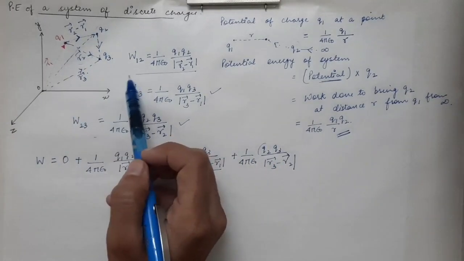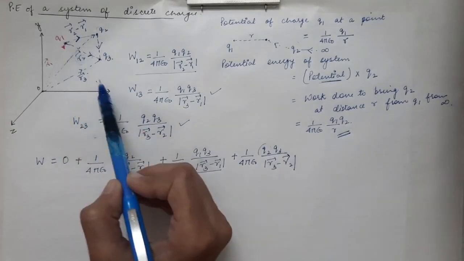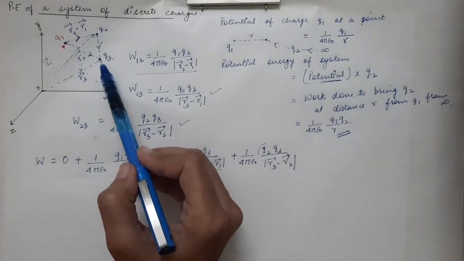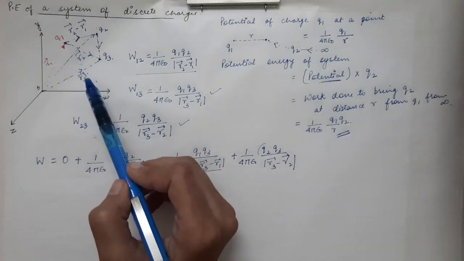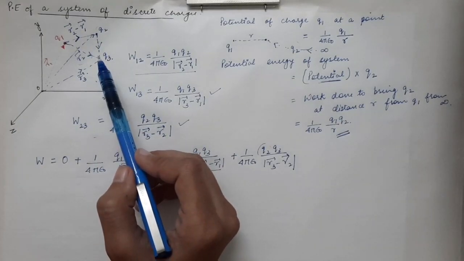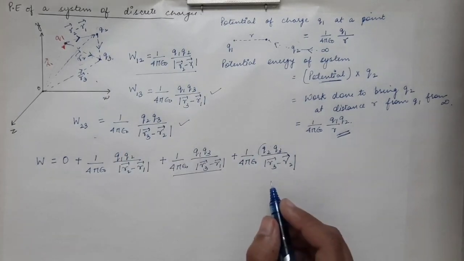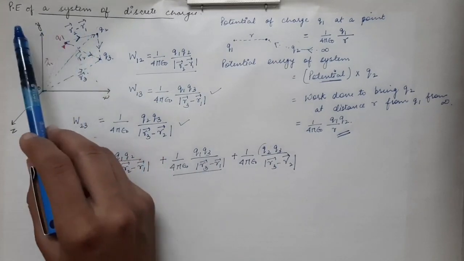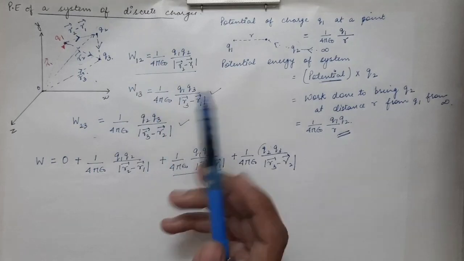Similarly, when you are placing the fourth charge, you have to take into account Q1, Q4, then you will take into account Q2, Q4, and similarly you will take into account Q3 and Q4. So in that case, you will get 3 terms when finding the total work done. So then we will have 3 extra terms over here. Similarly, you can find the work done, or you can say the potential energy stored in the system, when we have n number of charges.